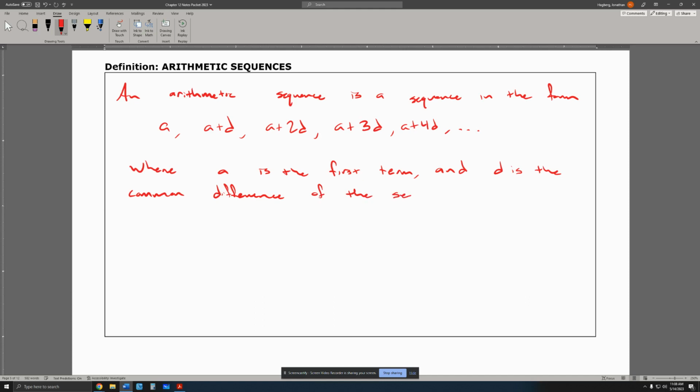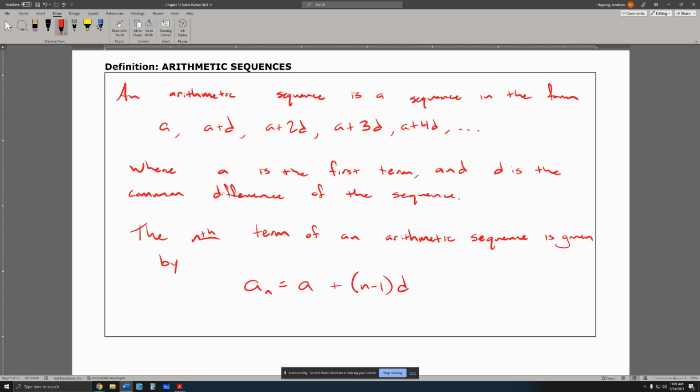Okay, where a is the first term and d is the common difference of the sequence. The nth term, so we can define this using an explicit formula. The nth term of an arithmetic sequence is given by a sub n is equal to our first term a plus the quantity n minus 1 times our common difference